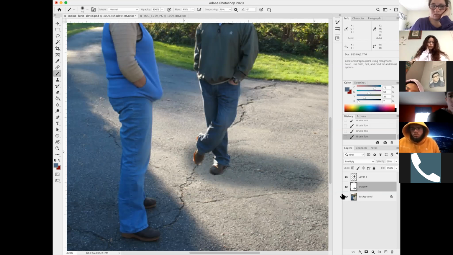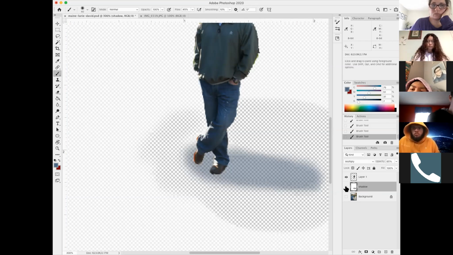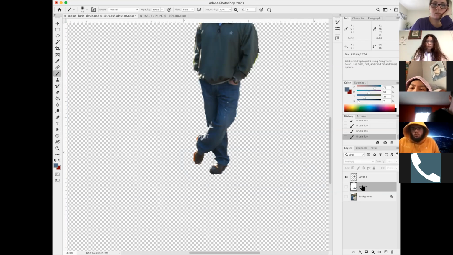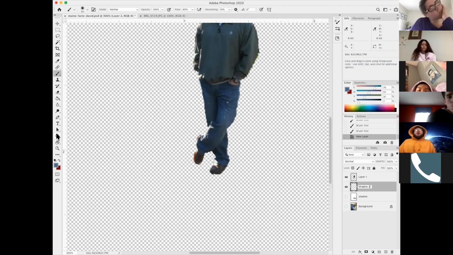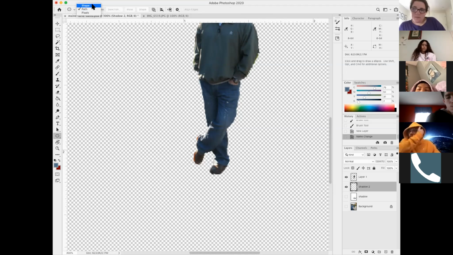Okay, so that's one way of making a shadow. I'm going to take this whole layer off and create a new one. So now I'm going to have my shadow 2 layer. We know that we have geometric shapes. So I can create a shape, and when I create a shape like an ellipse,